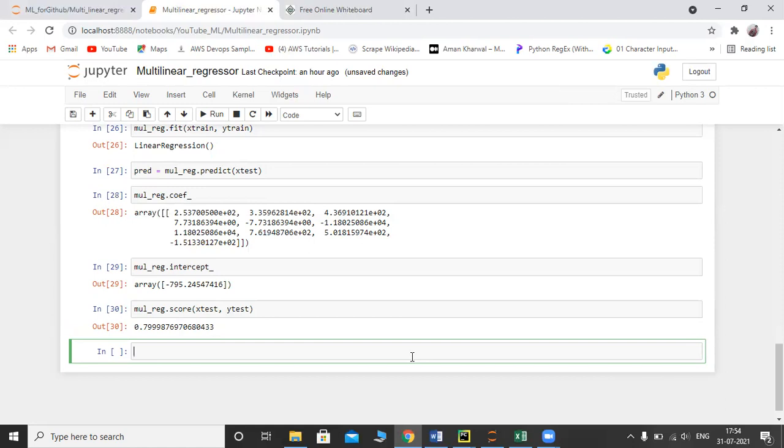We can use root mean square error also. The lesser the root mean square error, the better our model is at predicting values.